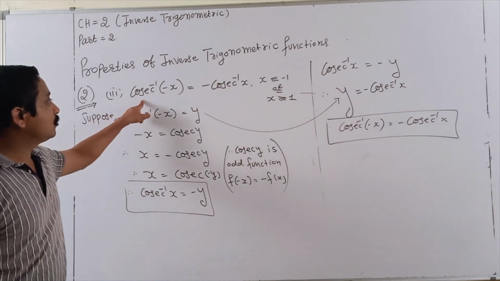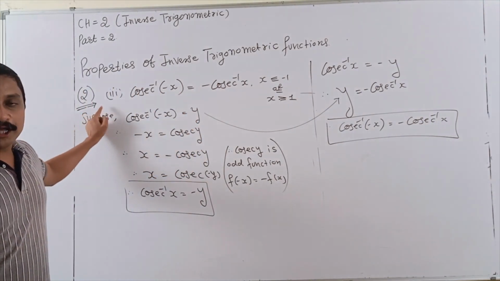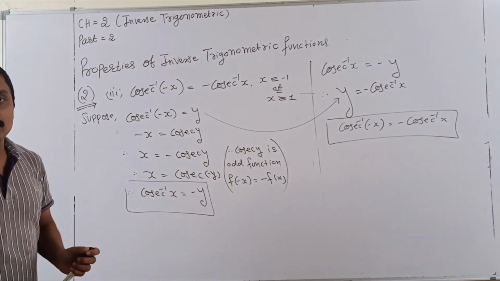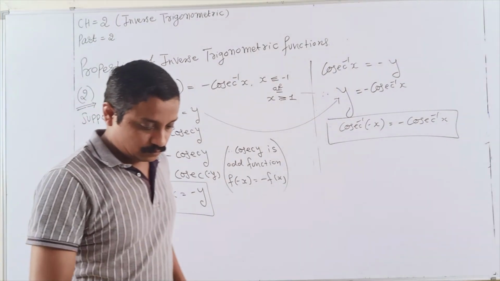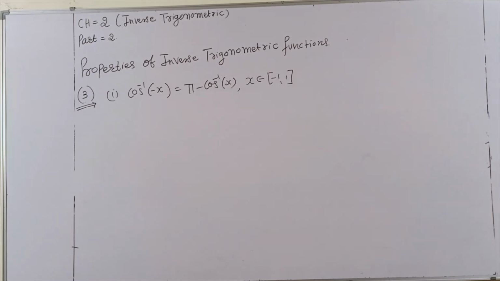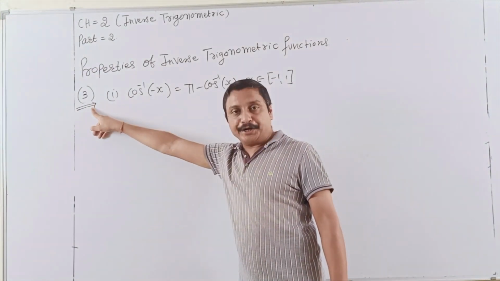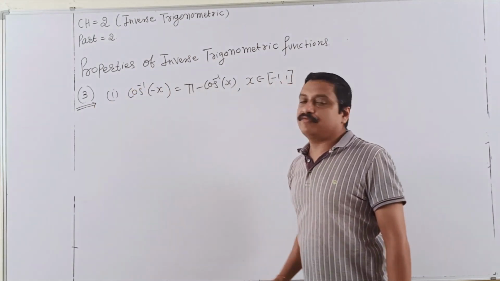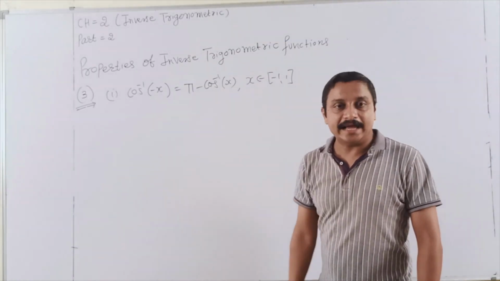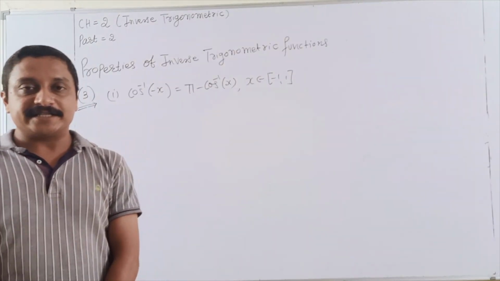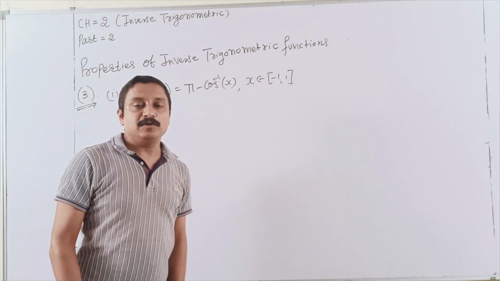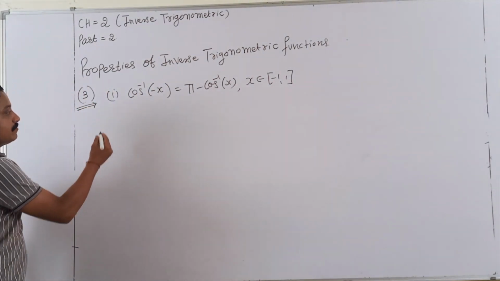Students, these 3 properties of theorem 2 I already use in numericals part 1. Yes. Now I go to theorem 3. Now students, we are going to the third property for the inverse trigonometric function. In the third also, a total of 3 cases are available, students. So one I explain. First of all, cos inverse of minus x is equal to pi minus cos inverse x, for the related condition x belongs to minus 1 to 1. Here also the suggestion is the same.